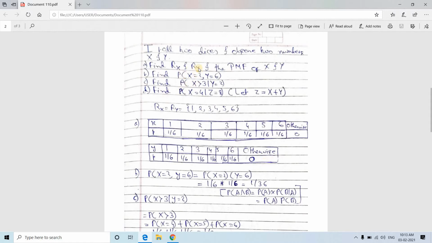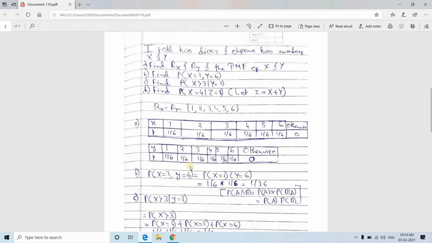Now find the probability of x equal to 2 and y equal to 6, that is an AND operation. P of A intersection B, you recall the formula, is P of A multiplied by P of B given A. But when you are throwing two dice, just try to feel this concept: whatever outcome one dice gives, the other dice is independent of that. So these are basically independent events, and P of A intersection B is equal to P of A into P of B. No conditional probability.